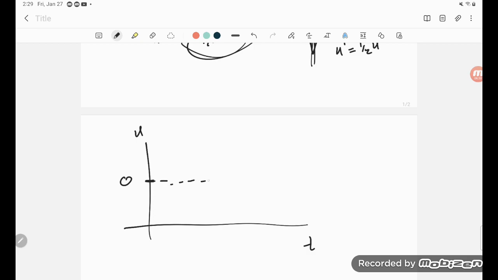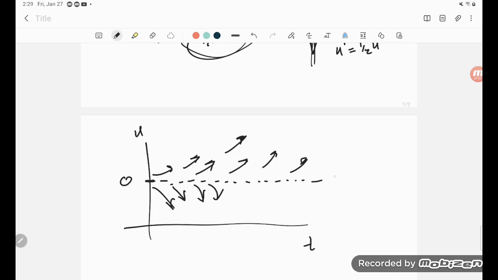But that's an equilibrium. If u is equal to 0, it just stays at 0. However, if u is positive, what we see are solutions heading up like this, because the derivatives will all be positive. And if it's negative, they'll all be heading down like this. Okay, and so we're going to get into this more in the next section, but this is an